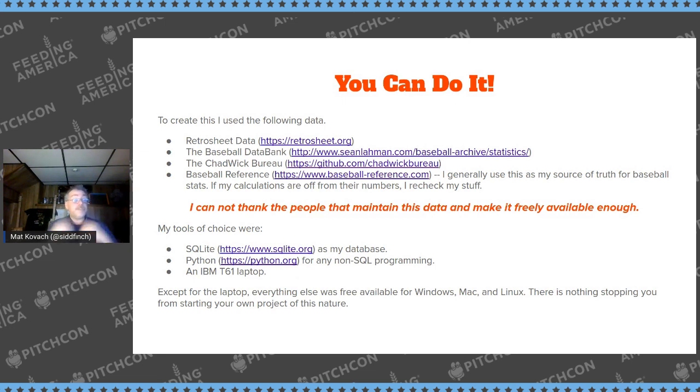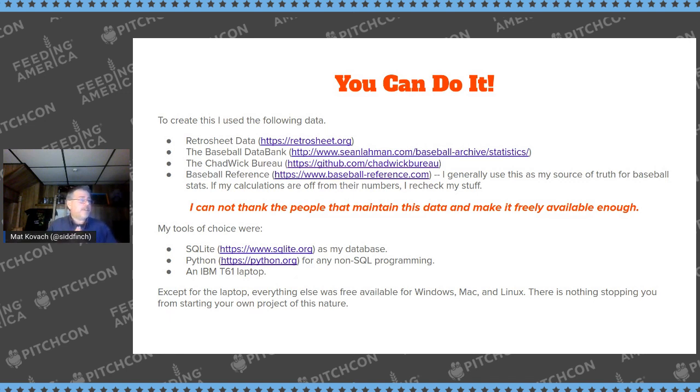But to do this, you also need a way to use this data. And it's so big. For a lot of this, especially play-by-play data, using Excel is fine, but you can't use Excel to do some of this stuff. So what I did on my project is I used a product called SQLite. It is a one-program relational database that has SQL in it. You put one program on your computer and you can use it. It's really simple to use.